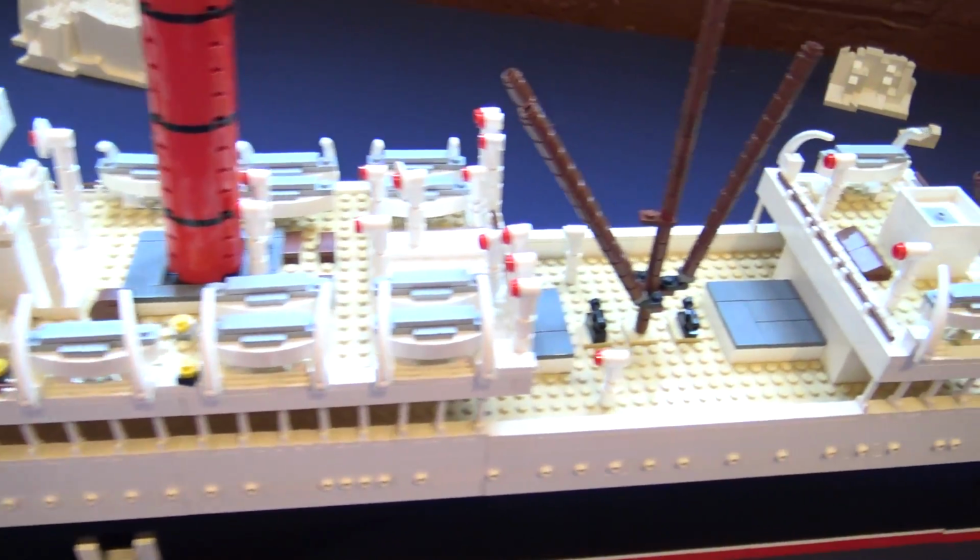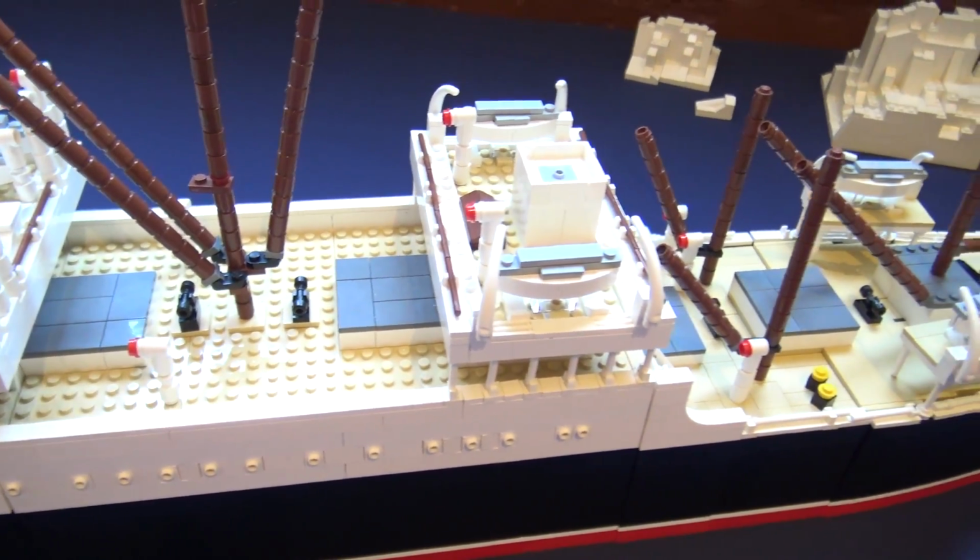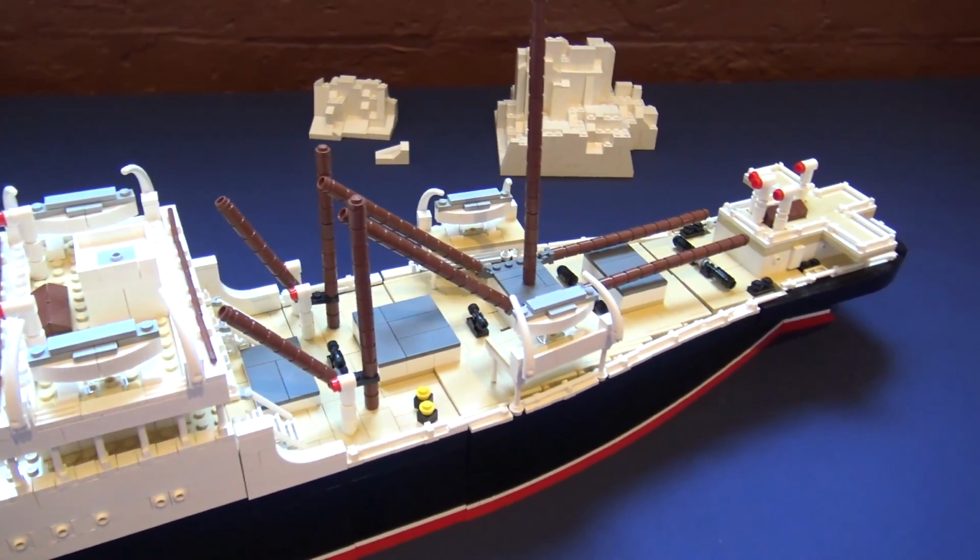So when you started working on this, as far as source material, were you looking at photos of the ship, or what kind of stuff did you have to base it off of? I had a number of historical,